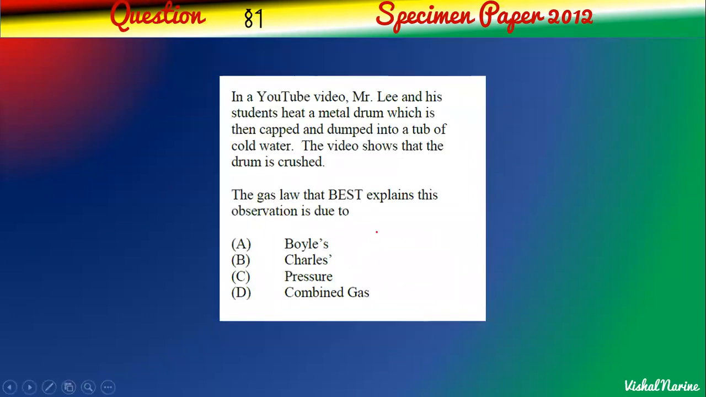81, and we're wrapping up. We just have a few questions remaining. In a YouTube video, Mr. Lee and his students heat a metal drum, which is then capped and dumped in a tub of cold water. The video shows that the drum is crushed. The gas law that best explains this observation is due to